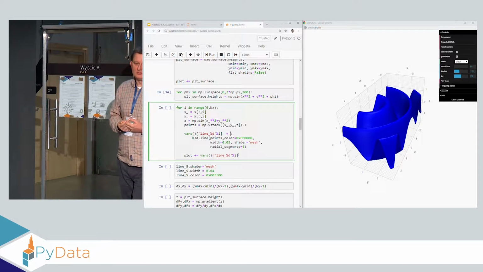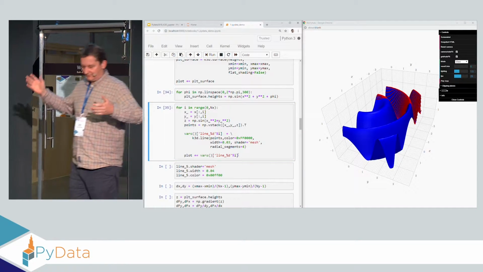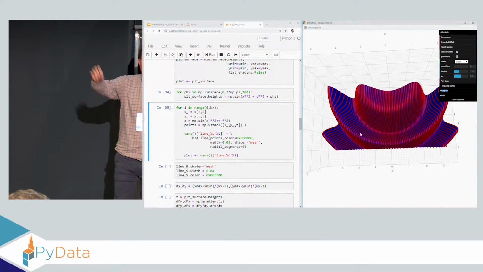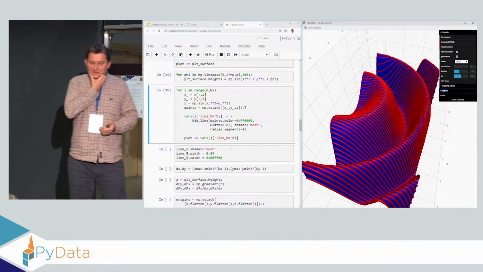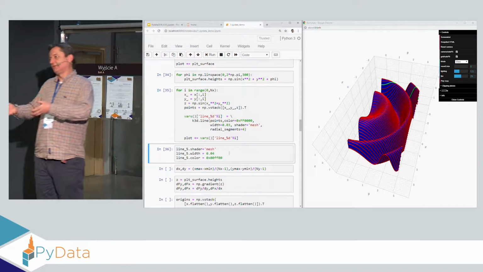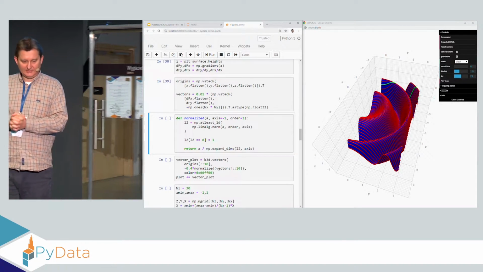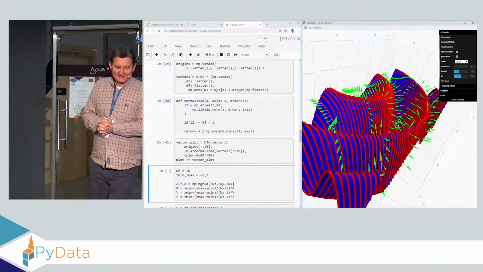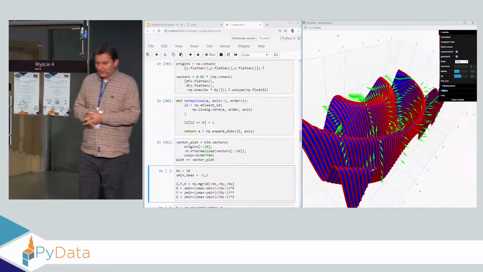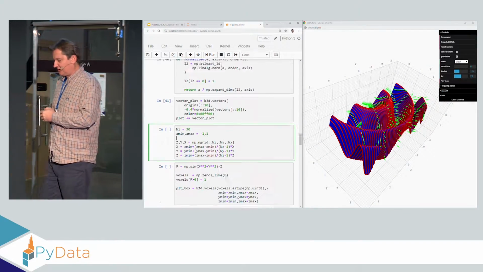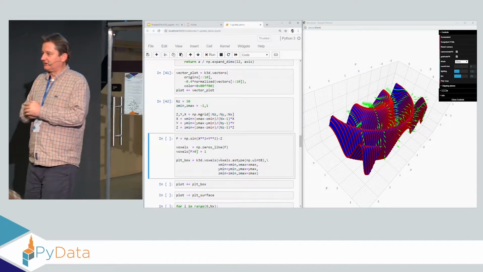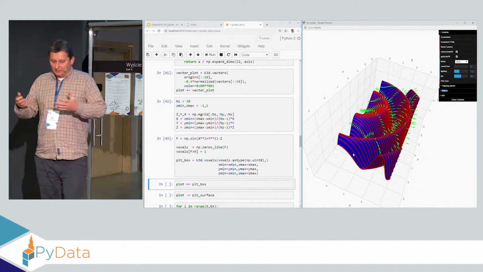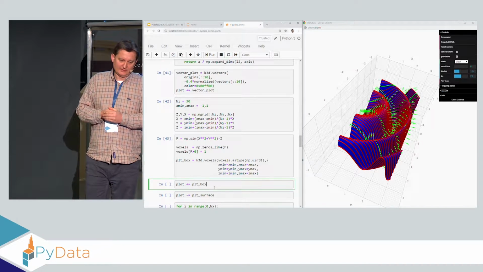Okay, so we can add many other objects. We can sample the same data along some lines and draw those lines. We can calculate some vectors and draw vector fields. We also have primitives for this. So basically, the most common objects for mathematical plotting are present and quite performant. This is our goal, and it's working nicely, I think.